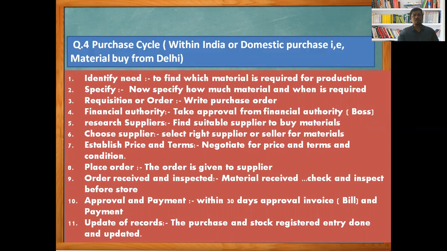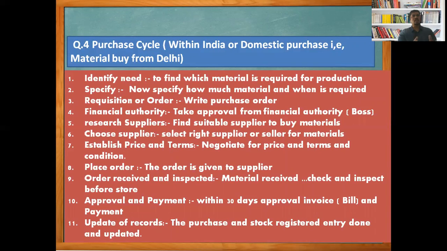Third, I have to specify the order, the requisition. Many departments work in the factory, and as per their needs I have to write the requisition and make a collective order. I also have to take approval from the final financial authority. The fourth step is taking approval from the financial authority in formal language: Boss, I want to give an order to purchase raw material from Delhi, this is the requirement and the amount, and it is urgently needed. It is a procedure to take approval from the boss.